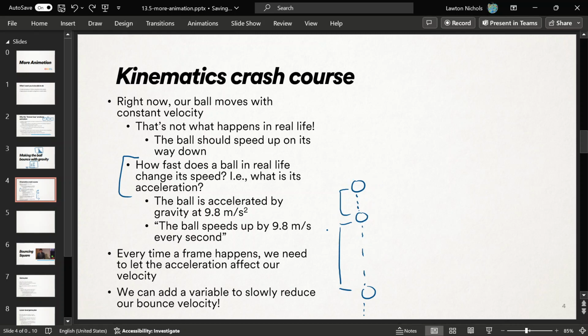So the question is, how fast does the ball get faster in real life? It's affected by the acceleration due to gravity. Yeah, so there is acceleration due to gravity on Earth at 9.8 meters per second towards the center of the Earth. All right, 9.8 meters per second squared. That's the units for acceleration. All right, so the ball is being pulled down